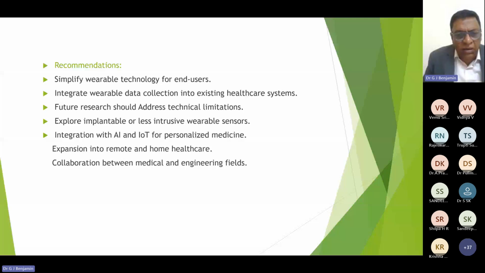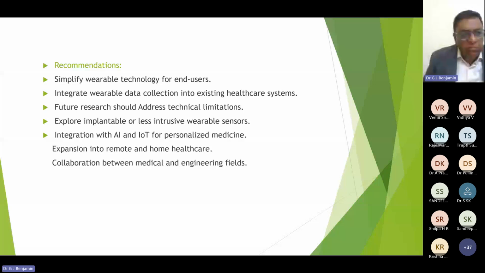Collaboration between medical and engineering fields. I mean, this is essential because I need something and you need to help me in getting something which is feasible, applicable, and sensible and gives me reliable data. Further, the recommendation is